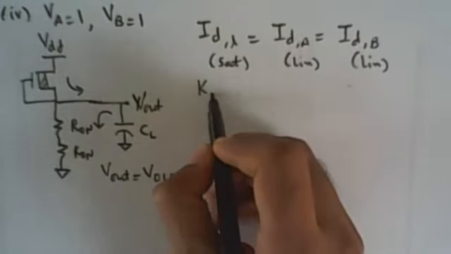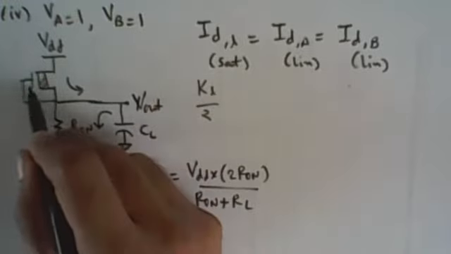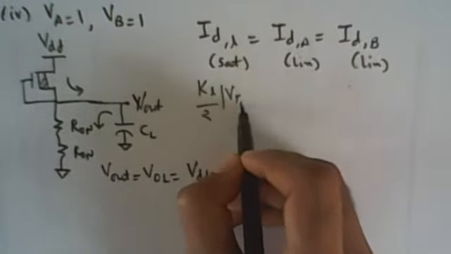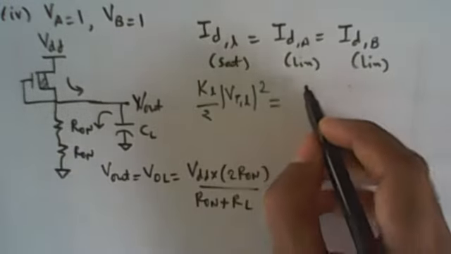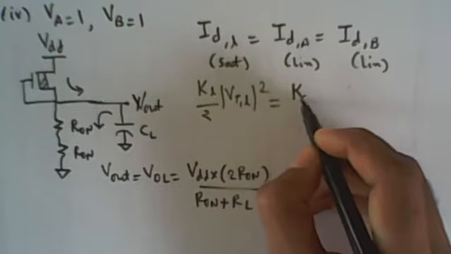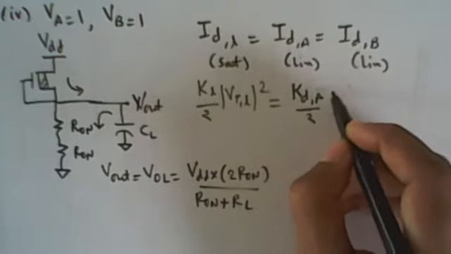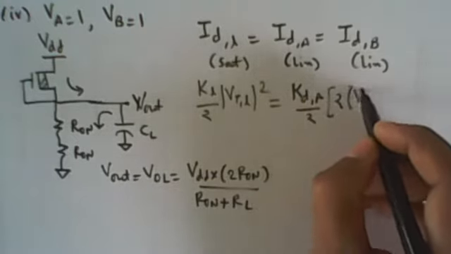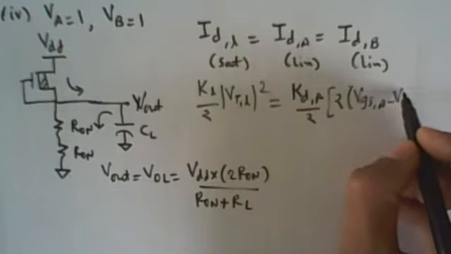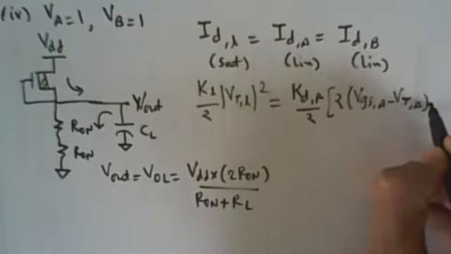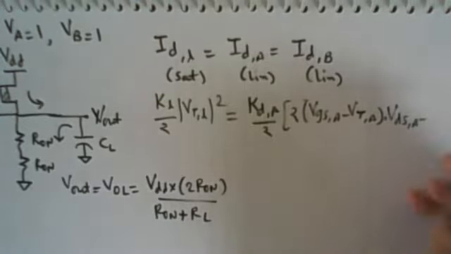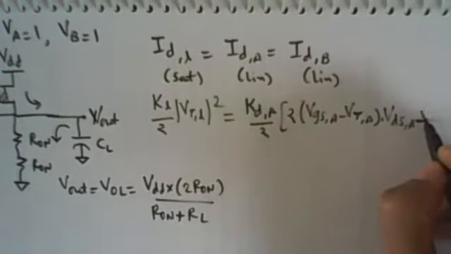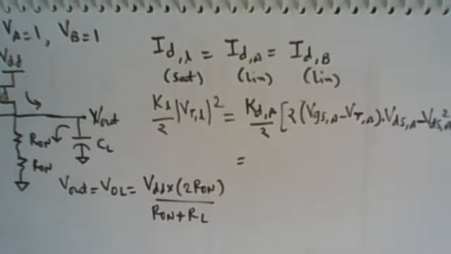So for the load MOSFET, K_L by 2, VGS of load is 0. So it is then VT of load naught square. It is then the ID linear current equation of the load MOSFET. It is equal to K driver of A by 2 into 2 times of VGS of A minus VT of A into VDS of A minus VDS of A square, which is equal to